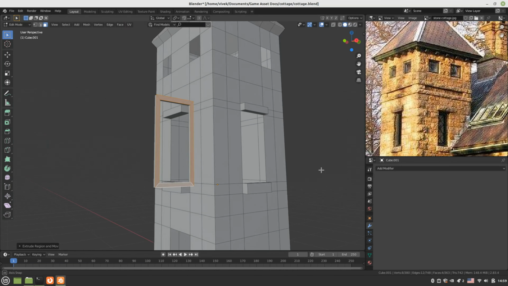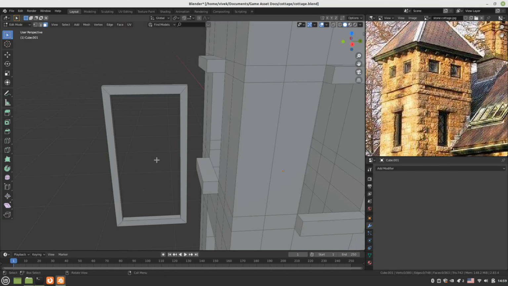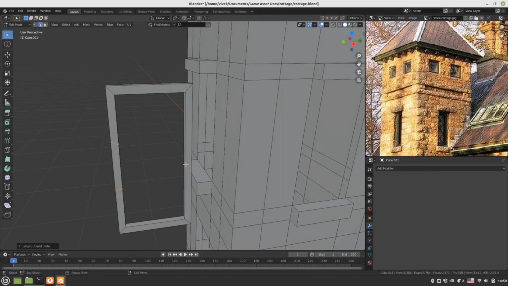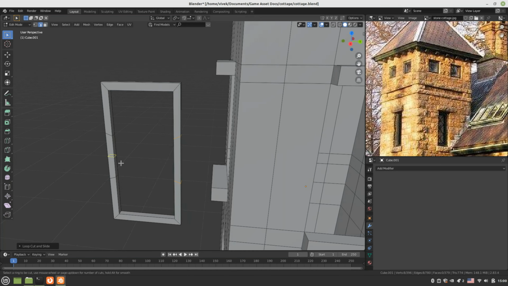Okay, now what we can do, we can cut some loops, two loops over here, two loops over here, one loop over here, one loop over here,